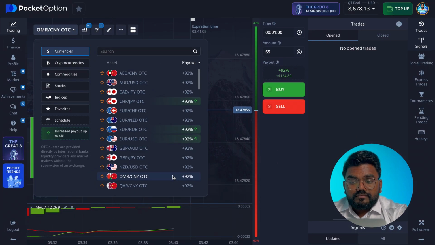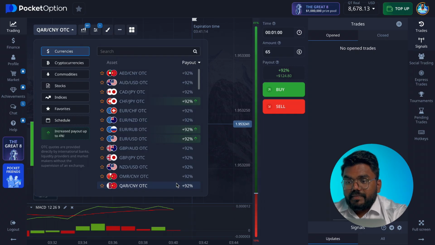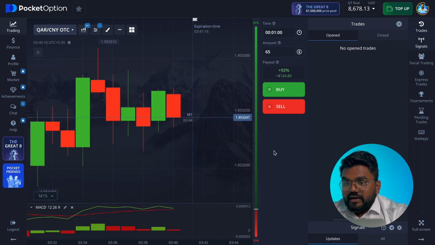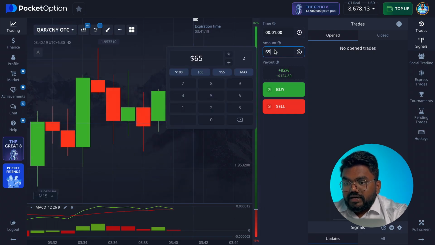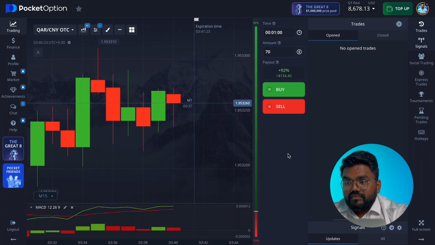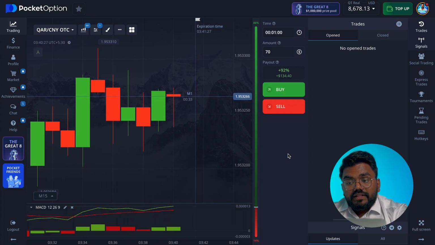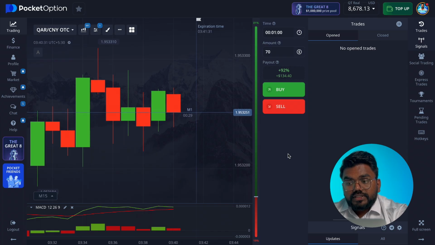One other thing the MACD is actually showing you. But let's see, this is also good. Let's make a bet on that. I'm going to change the currency amount. I'm going with a 70, and if you clearly see that they both are up and they're parallel to each other, now wait for the trend. Wait until the rejection candle and the entry point. We need to wait for that. So once the candle closes,